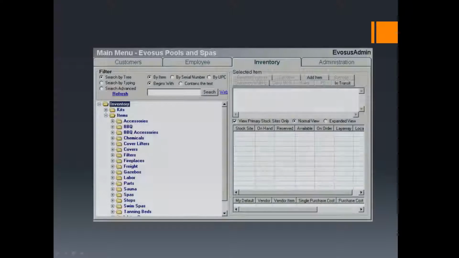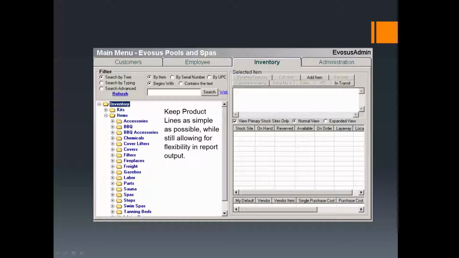In Evasys, product lines are used to group your items into high-level categories such as barbecues, parts, chemicals, spas, and labor. This categorization enables you to easily search and report on items. Evasys recommends keeping your product lines as simple as possible while still allowing for flexibility in reporting, marketing, and financial reporting. A thorough understanding of how product lines should be organized will allow you to better understand how information flows